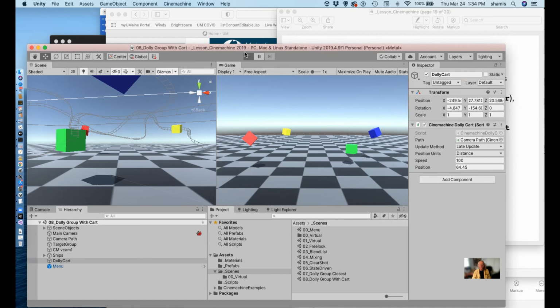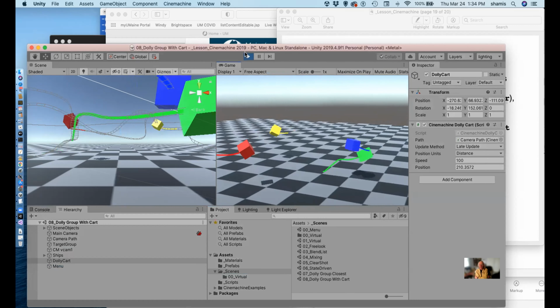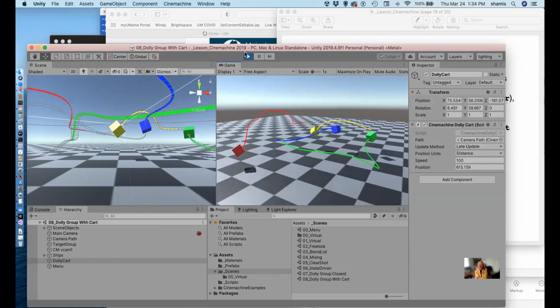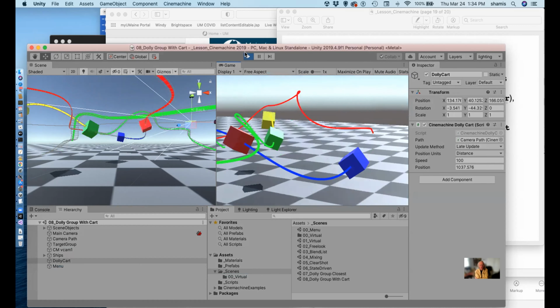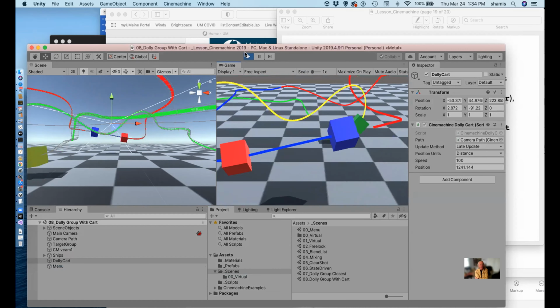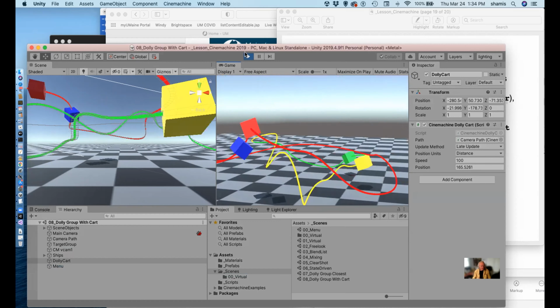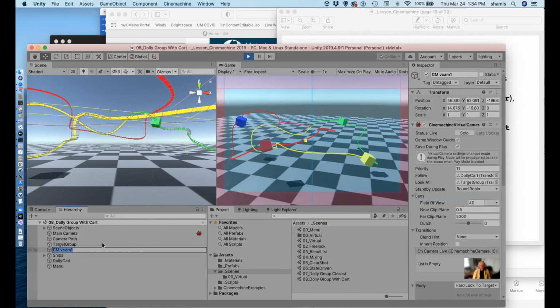And so now the camera is just going to drive around the track at a fixed speed of 100 units per whatever. And you can see the position there changing as it moves along, all the while keeping things in view by adjusting the,